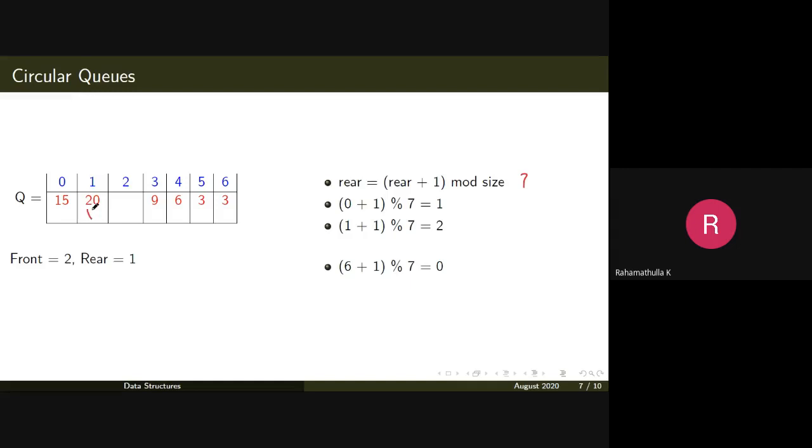Element x1 should be inserted at this position. The first element needs to be inserted at this position. So you increment this way: rear equals (rear plus 1) mod 7, and you will get 1. So the first position will be used for inserting. If your rear is at place 1, then (1 plus 1) mod 7, x2 will be inserted at this position, and so on.